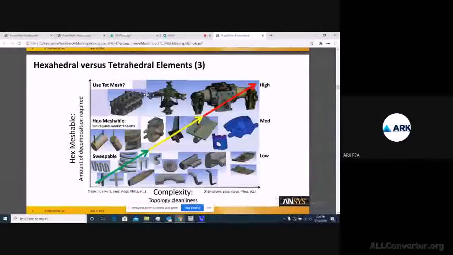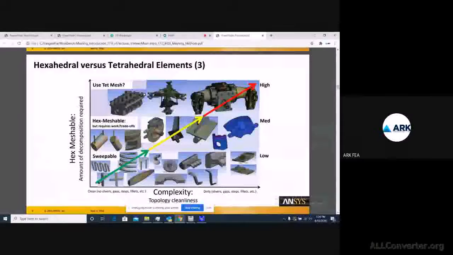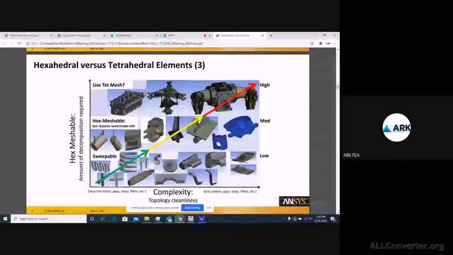Now you may have a question like, what if we don't know which parts are capable of going with which kind of method? You will see in the next part, when we go to the workshop, we can decompose our geometry, and for sweep, we can ask the system to show which are the sweepable bodies after decomposing it.